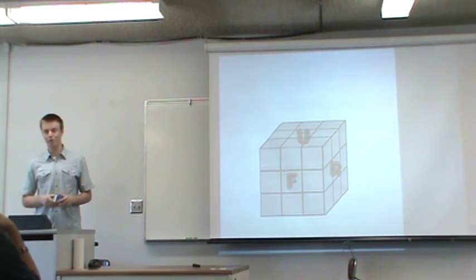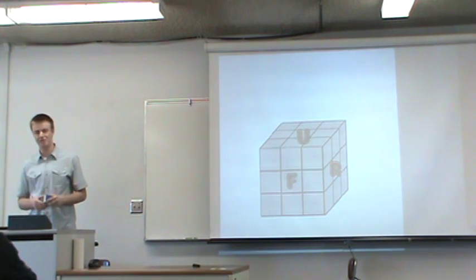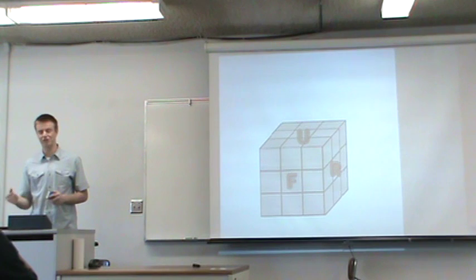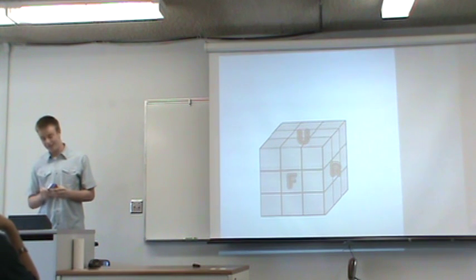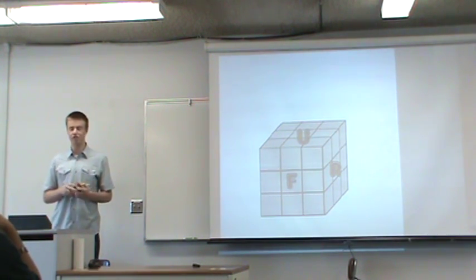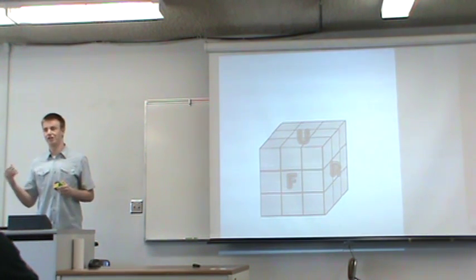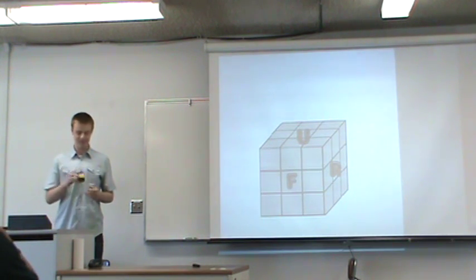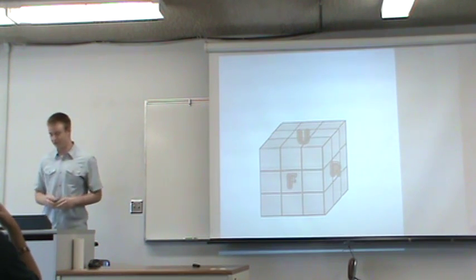After this presentation, you probably won't be able to solve a Rubik's Cube, but you'll have some general knowledge and be able to look it up and learn it if you want to. What we're going to be going over is the general principles, where things are on a cube, some general lingo and terminology used, and we're going to be going over solving